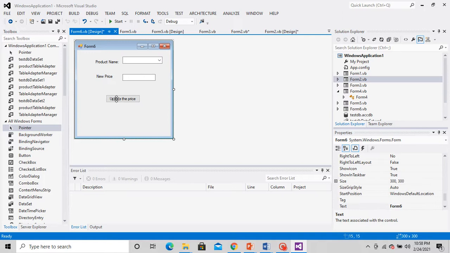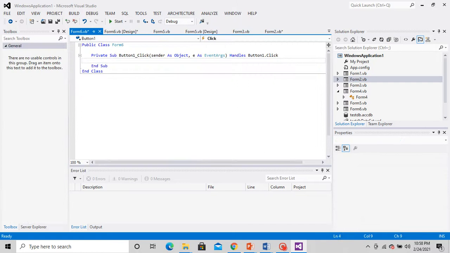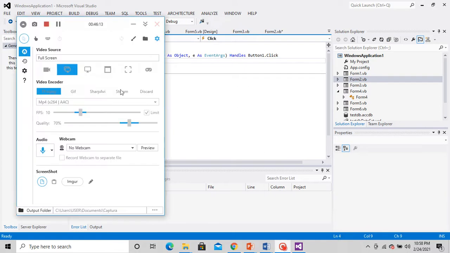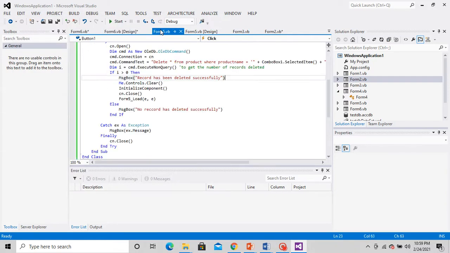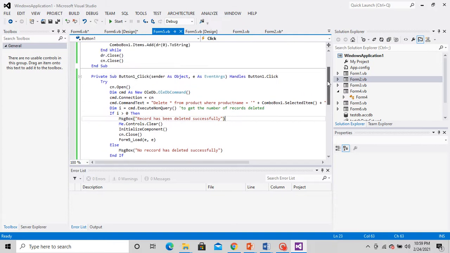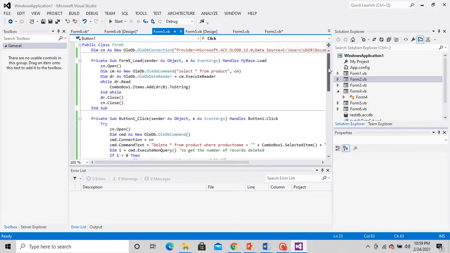So first of all, there will be a form load code. Okay, one second. Form load later on we will do. First, let me write this code, that is updating the price code. Let me paste the form load code from the previous form. Okay, that is this particular form.